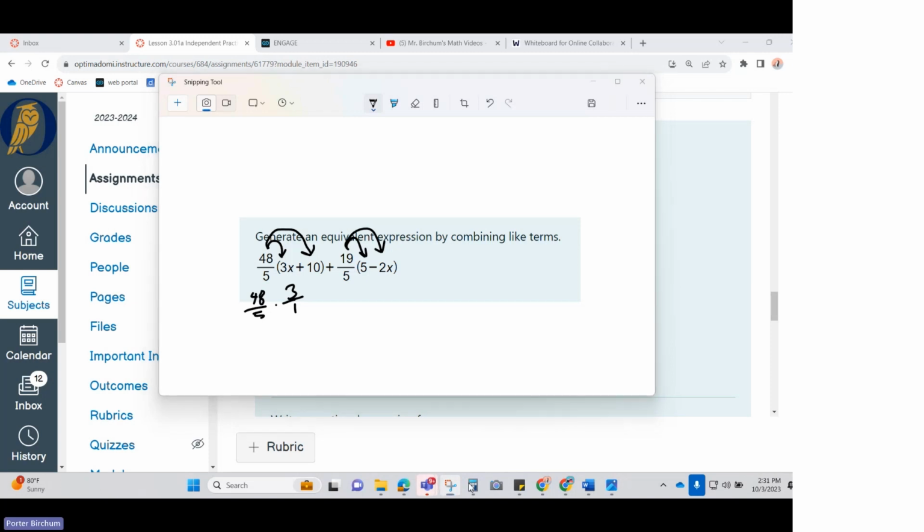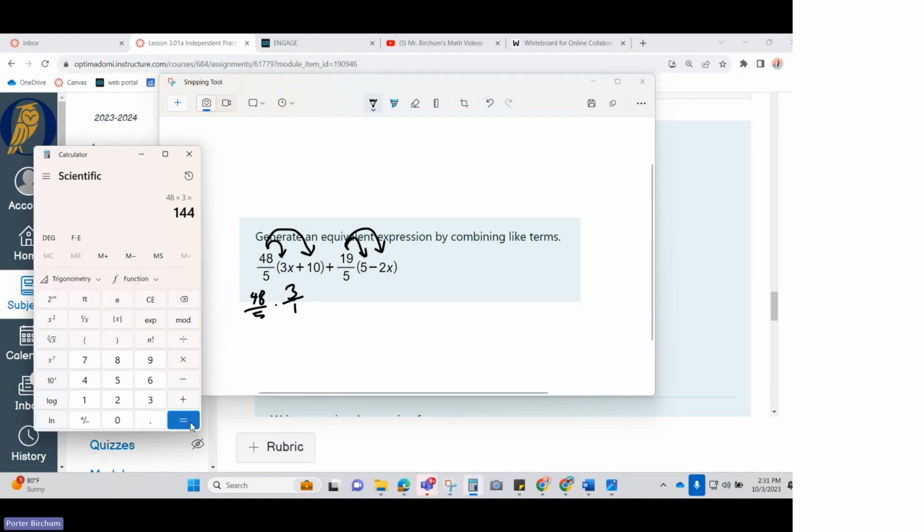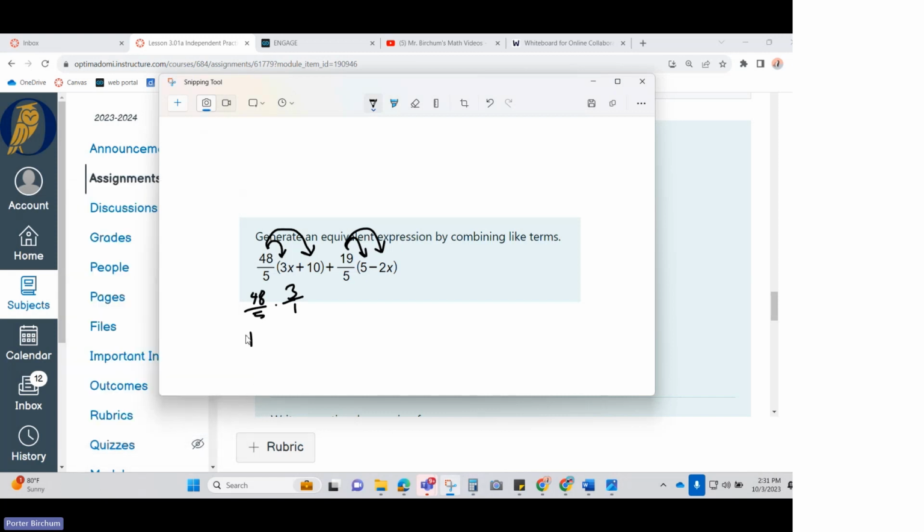That would be, let's see, what's 48 times 3? 144. That would be 144 fifths x's plus 48 fifths times 10. That would be 480 fifths plus 19 fifths times 5,